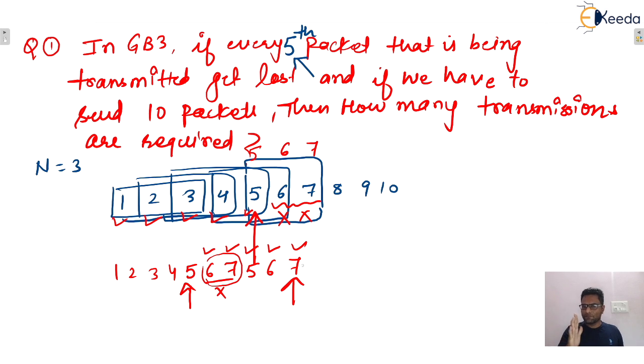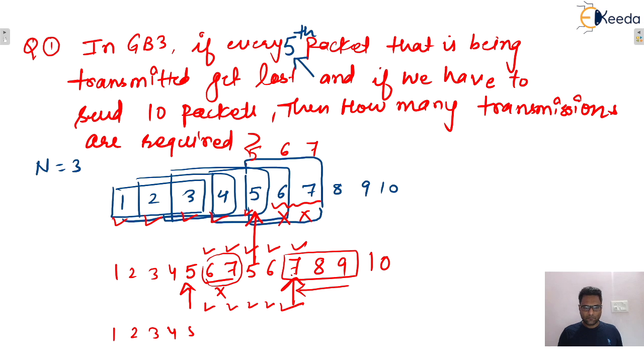Now during 7 we can say that this 7th packet will be discarded. Next fifth, every fifth. So count from here, 1, 2, 3, 4, 5. This fifth packet will be discarded. So at this point we can say that the window will contain 7, 8, 9, isn't it? Now this one will be discarded. So again, go back from 9 to 7 and retransmit. So 1, 2, 3, 4, 5, 6, 7, 5, 6. Now 7 gets lost. Now 8, 9 will be discarded by the receiver. Again retransmit 7, 8, 9.